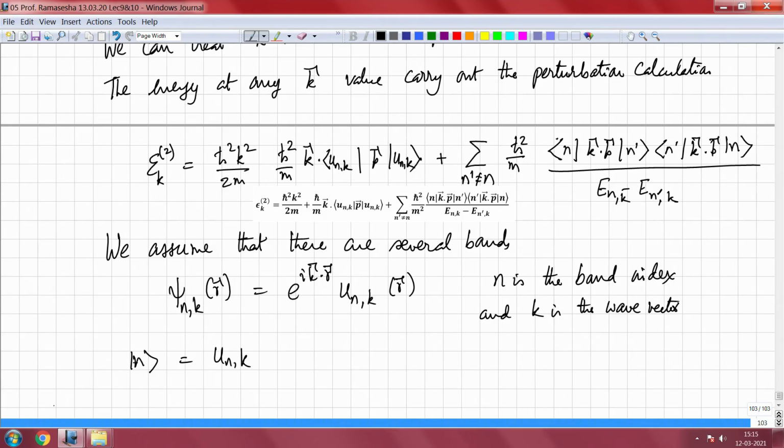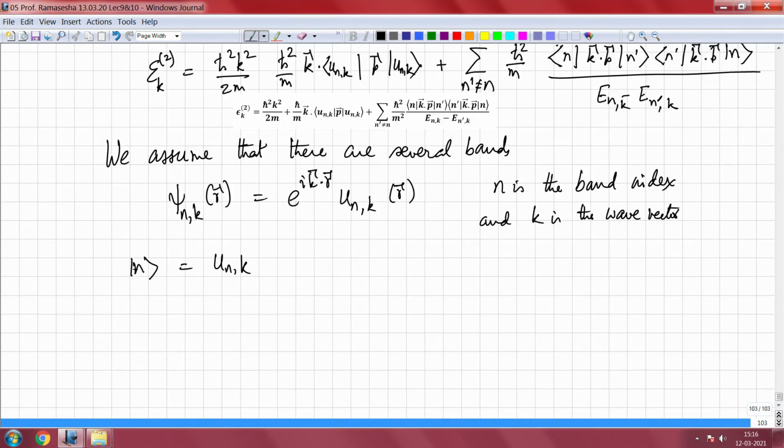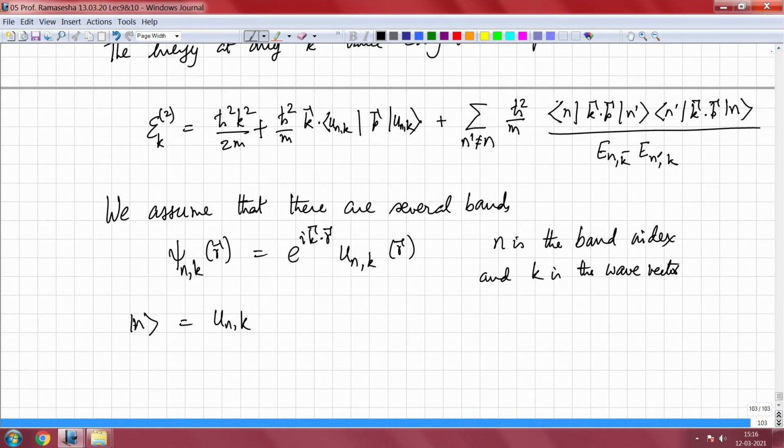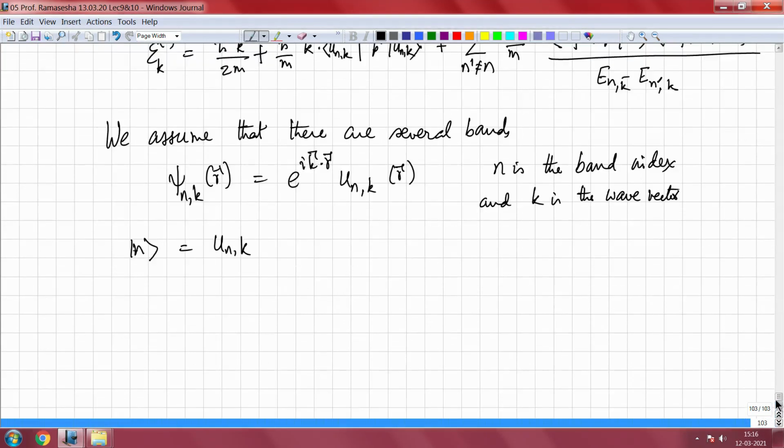Okay, so that is the notation that I have used, and when I use that, I can write down the second order perturbation energy in the form E_k2 equal to ħ²k²/2m plus ħ²/m k·⟨u_nk|p|u_nk⟩ plus sum over n' not equal to n of ħ²/m ⟨n|k·p|n'⟩⟨n'|k·p|n⟩. Because I am basically doing the calculation for a given k, and since k is fixed, the only